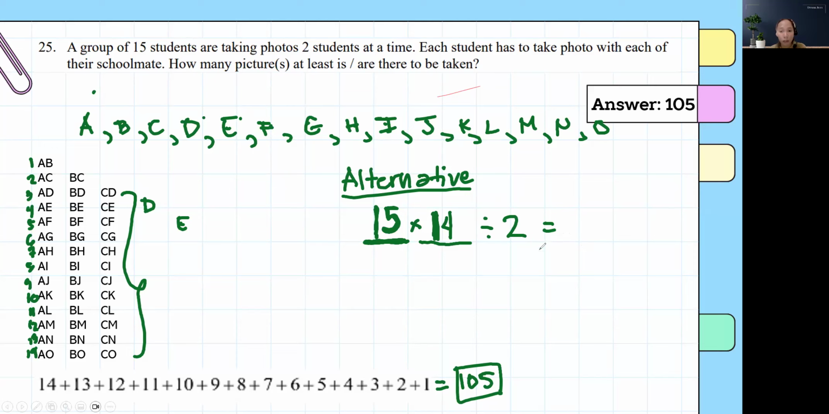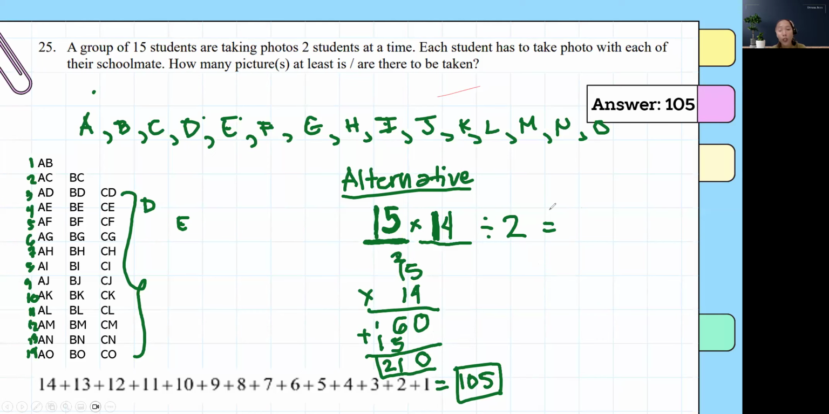Okay, in this alternative method, 15 times 14, let's try to multiply it. 4 times 5, 20. 0 carry 2. 4 times 1 is 4 plus 2 right here, that's 6. 1 times 5 is 5. 1 times 1 is 1. And then let's add. Bring down the 0. 6 plus 5 is 11. Bring down the 1. Carry the 1. 1 plus 1 is 2. That's 210. But remember, we still need to divide it by 2 because we have counted AB and BA twice